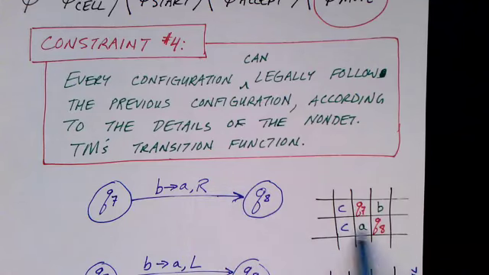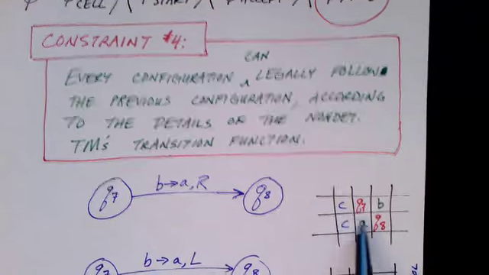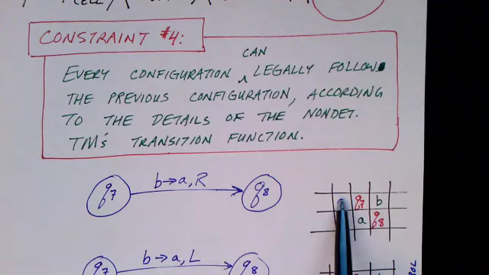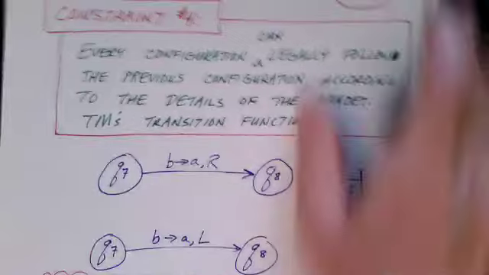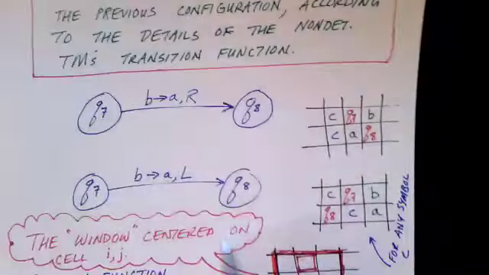So a row that contains these characters below it is legal. It's a legal possible successor configuration. We've moved to Q8, we've replaced the B with an A, and I've also drawn in another character here. There might be a C, some other characters, those are just copied. We're going to look at a window of 3 by 2, so I wanted to include C here as well. Because when we move to the left, we see